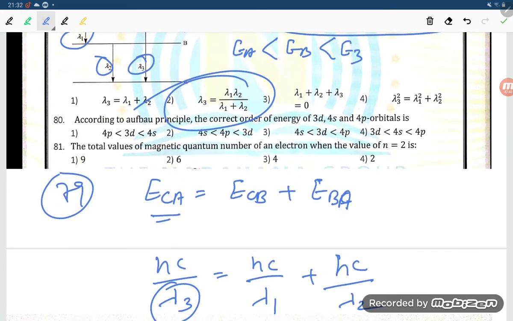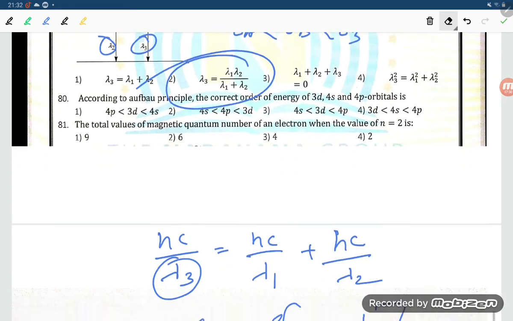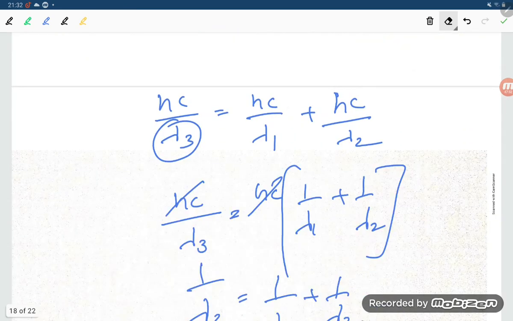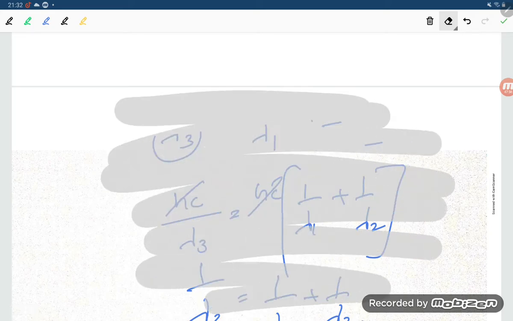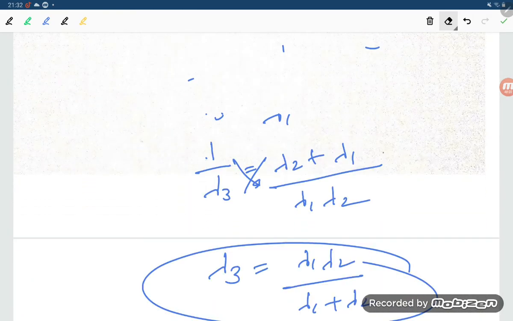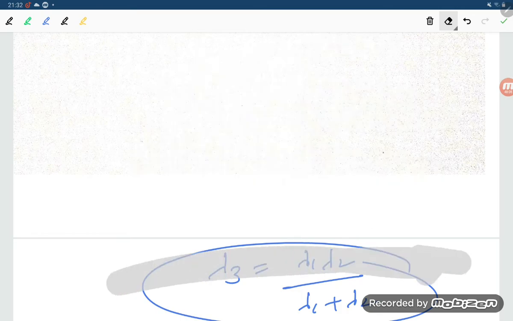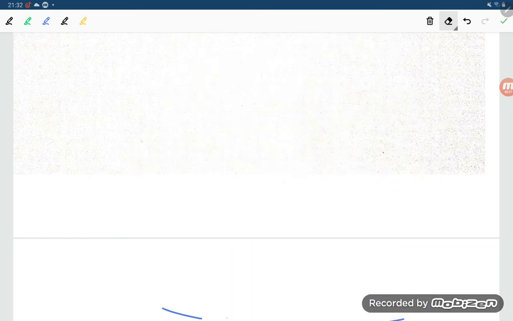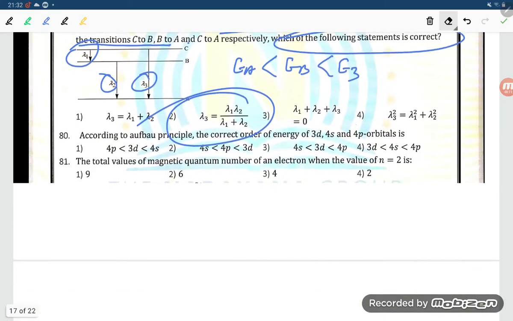Now question number 80. How can you solve question number 80, student? Let me check question number 80. Firstly, let me erase, then we will solve. Now only 10 questions are left, students, so no need to worry. It will require 10 more minutes to solve. Actually, I am taking too much time because I need to erase. We need to have more and more practice, student, to solve this type of problem.